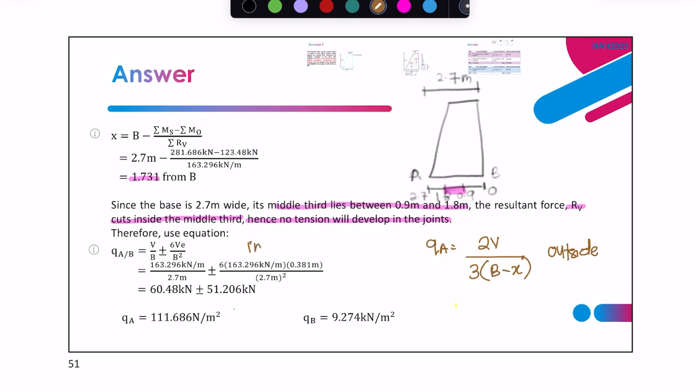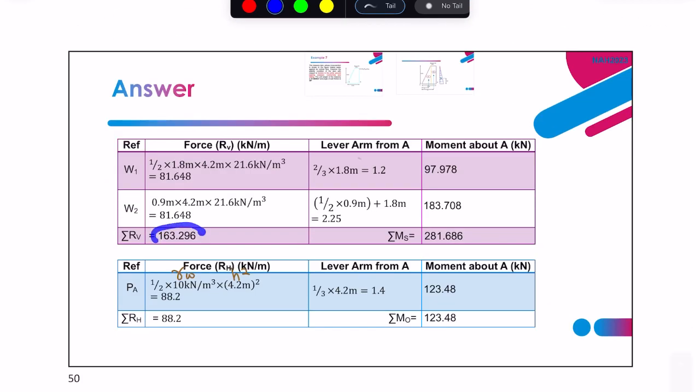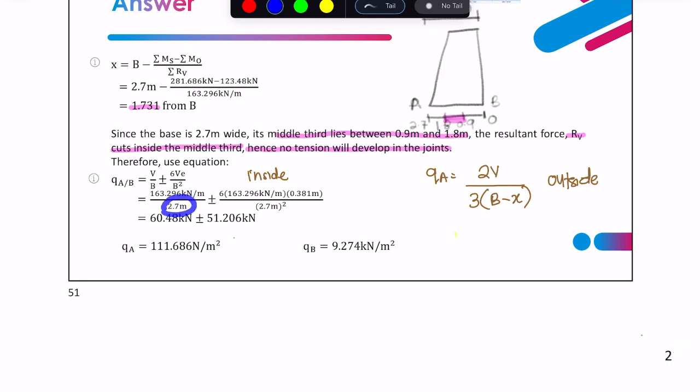Ini inside. So kalau case kita, it is inside. That's why I use this formula. V over B. So take the value of V, which is 163.296 divide with the base 2.7 meter. 6, this is RV again,